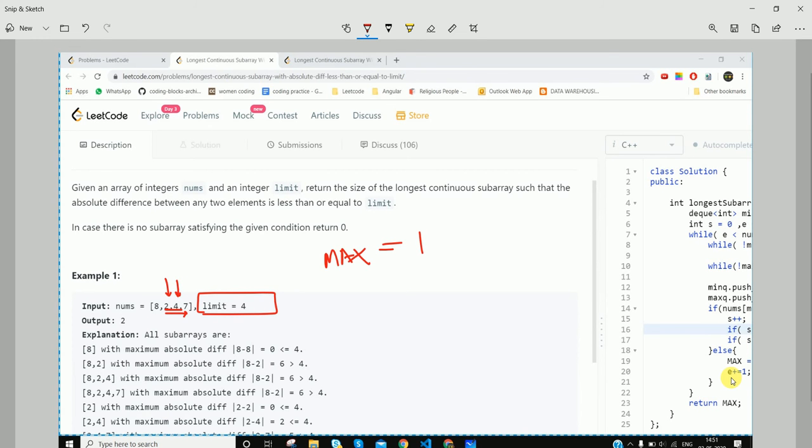Then I further include 7 in the range, but then I see that 4 and 7 have an absolute difference of 3 which is within the limits, but the difference of 2 and 7 comes out to be 5 which is beyond the limit. So in this we see that the maximum length of the subarray that can be considered is 2, and the output that we return is also 2.